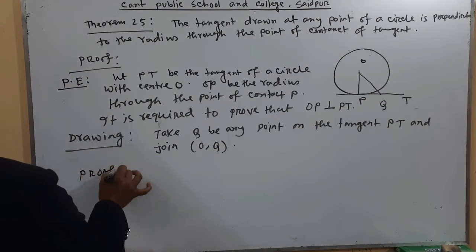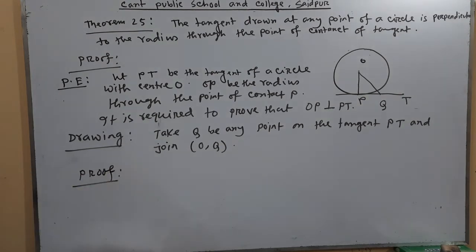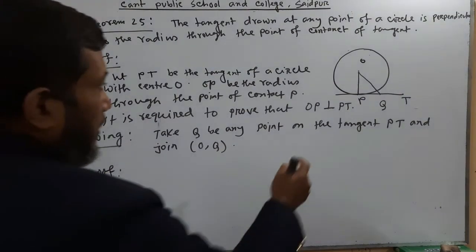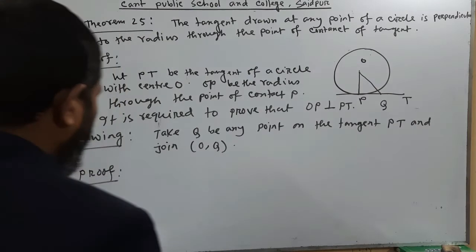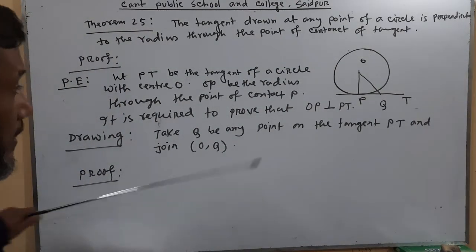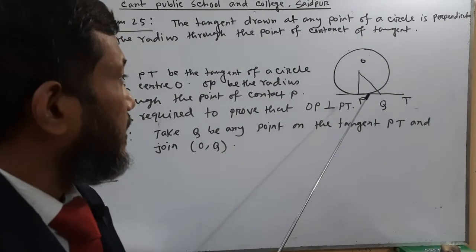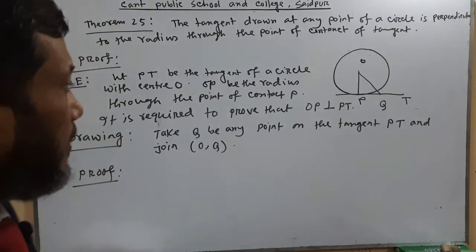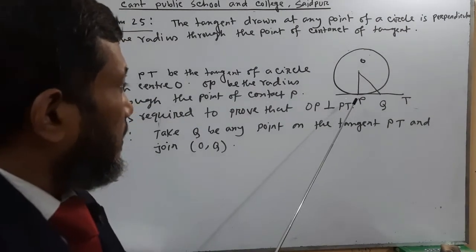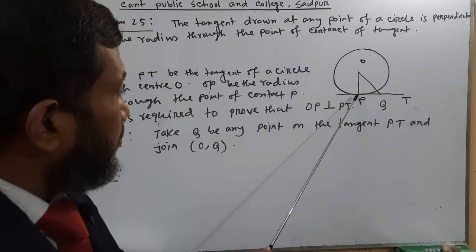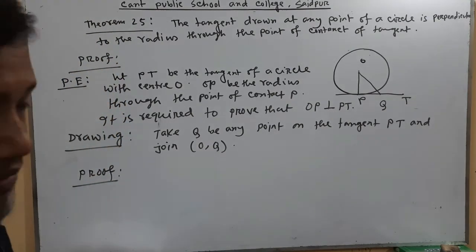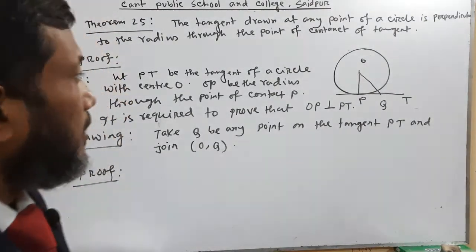Proof. Since PT is the tangent of this circle and P is the point of contact of this circle,